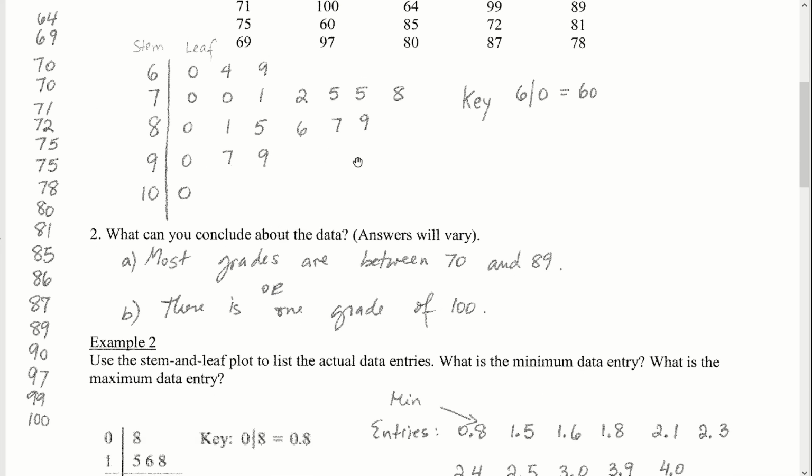With our data now sorted into the stem leaf plot, we can answer some pretty basic questions. What can we conclude from the data set? Well, it seems like most of the students scored in this range here. So the majority of students scored between the 70s and 80s. We can also quickly determine that the minimum was 60, the maximum was 100, and in terms of the